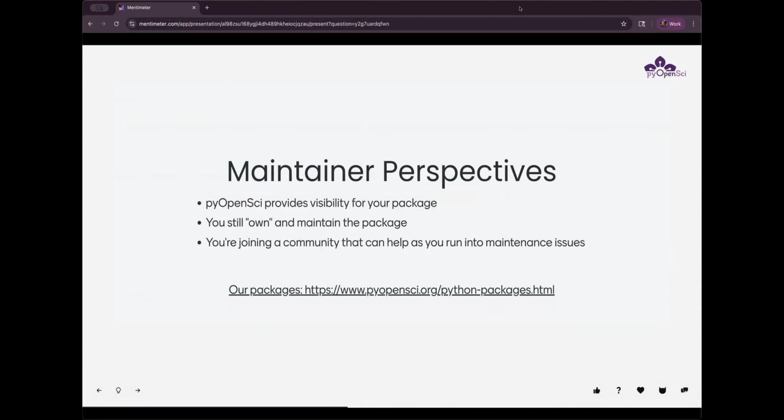Now, let's take a little breather here and talk about the benefits of peer review. Why would you want to think about submitting a package to pyOpenSci? There are a few different benefits. One, there is the visibility of your package. So coming back to that, the note that